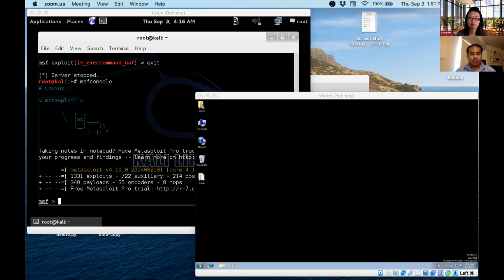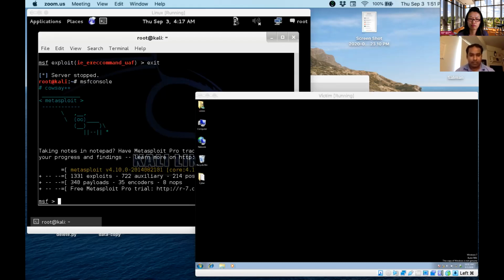Then the attackers can override the link pointer to point to their custom code, such as a return-oriented programming gadget chain, or shellcode. To show you the exploitation process, I'm using an exploit module from Metasploit,